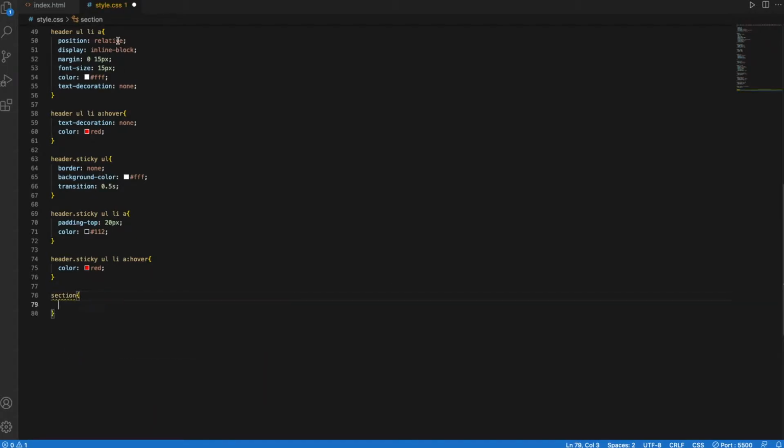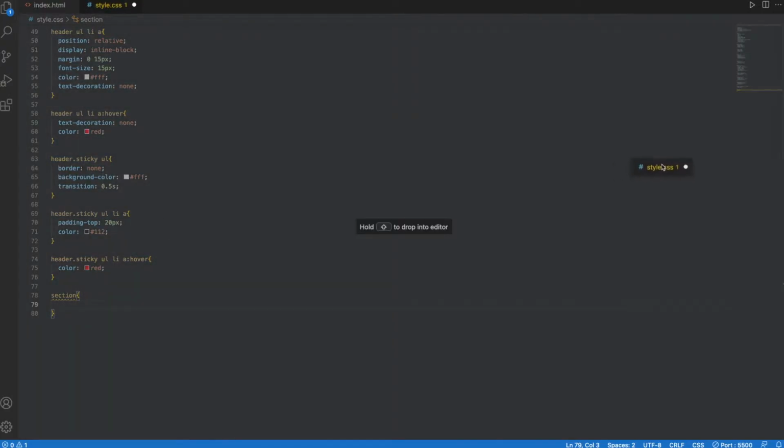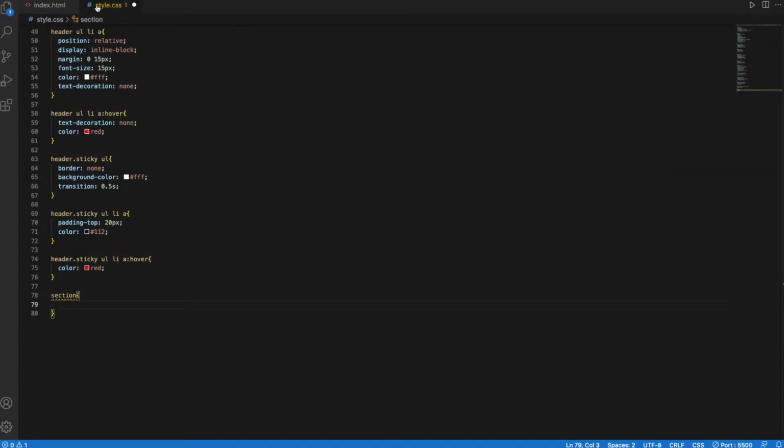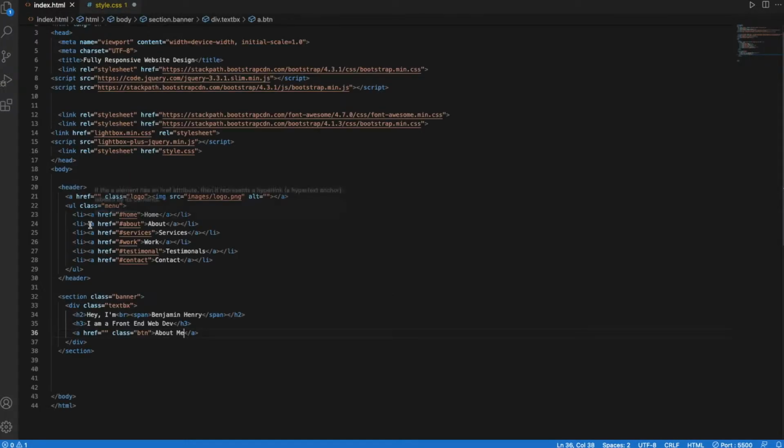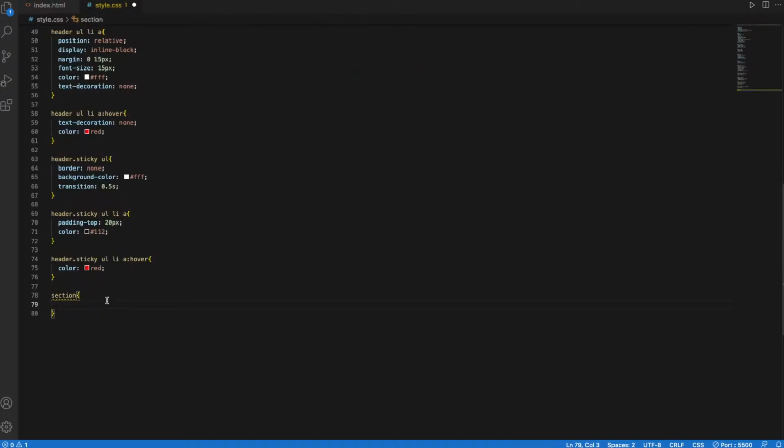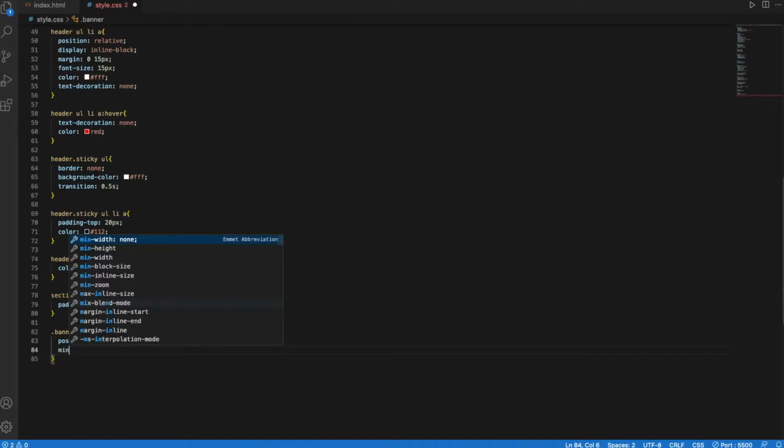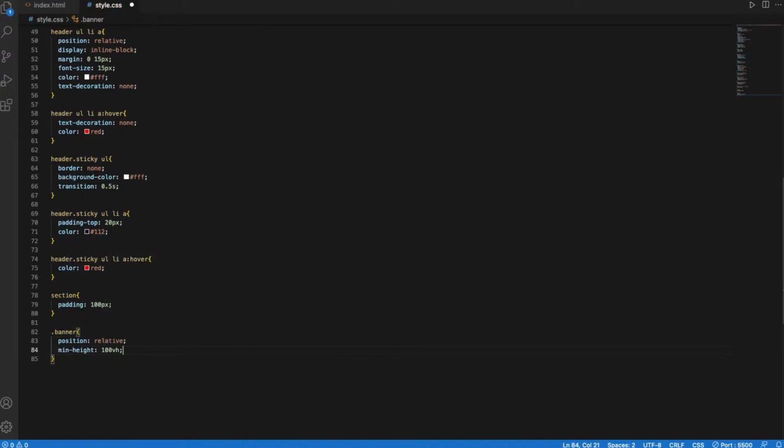Section. So we are now working on this section here. So this is going to be the hero section, for want of a better phrase, where it's got all the blurb, etc. So padding 100 pixels, dot banner, the position is relative, the min height 100 VH,